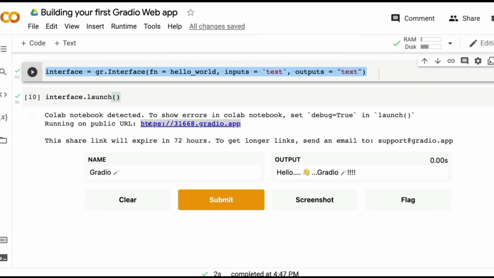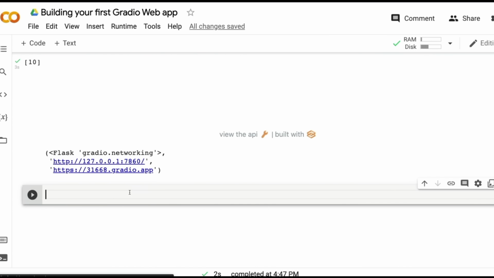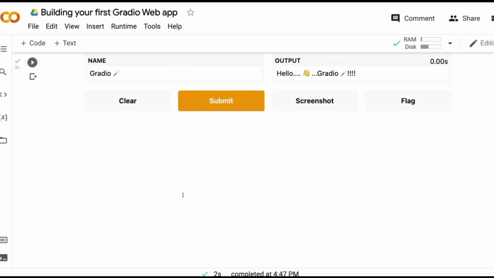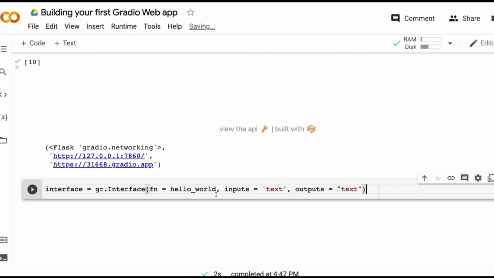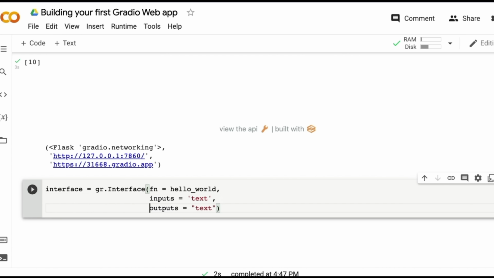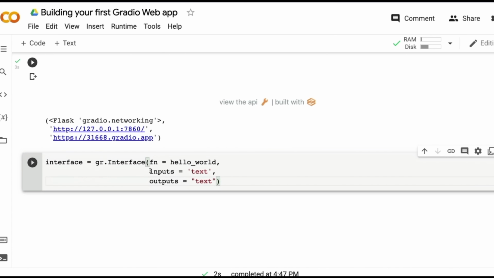All you have to do is create an input component. So I'm just copying the same Gradio interface that we already had, and instead of creating a new function, we can keep the same function, which is hello world in this case, but I'm going to show you how you can change the input. So what we are trying to do is make this input slightly bigger, and for that we are going to use a new component from Gradio, which is gradio, because we have imported Gradio as